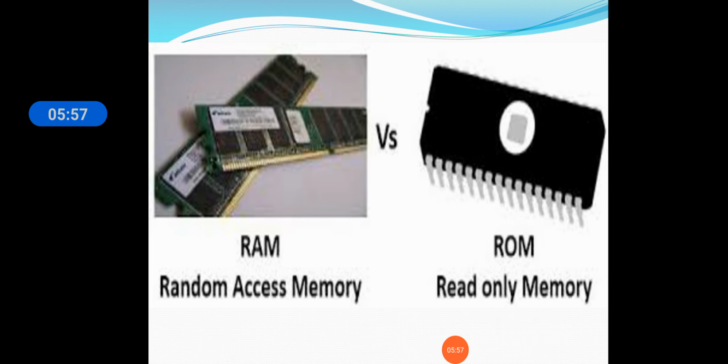Now the difference between RAM and ROM. What is the difference between this RAM and ROM? In RAM, random access memory, you can access the information very fast, but the information is erased after we shut down the computer. In ROM we can access very slowly, but the information is not lost. When you shut down the computer, the read only memory is already there. You cannot modify or delete anything from ROM because it is used by the manufacturer and inbuilt software is there.